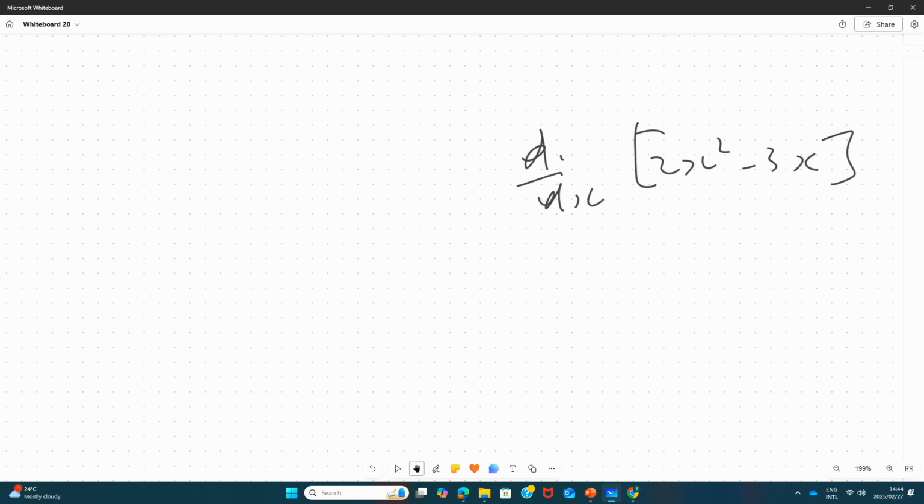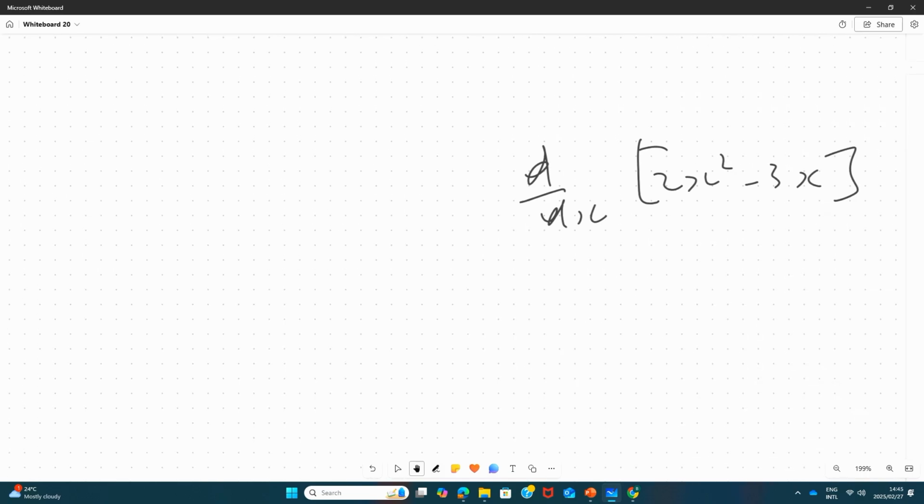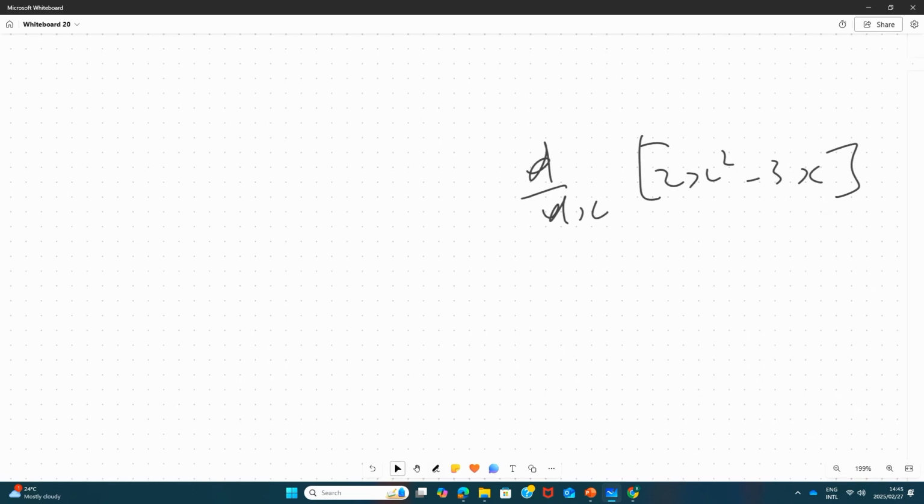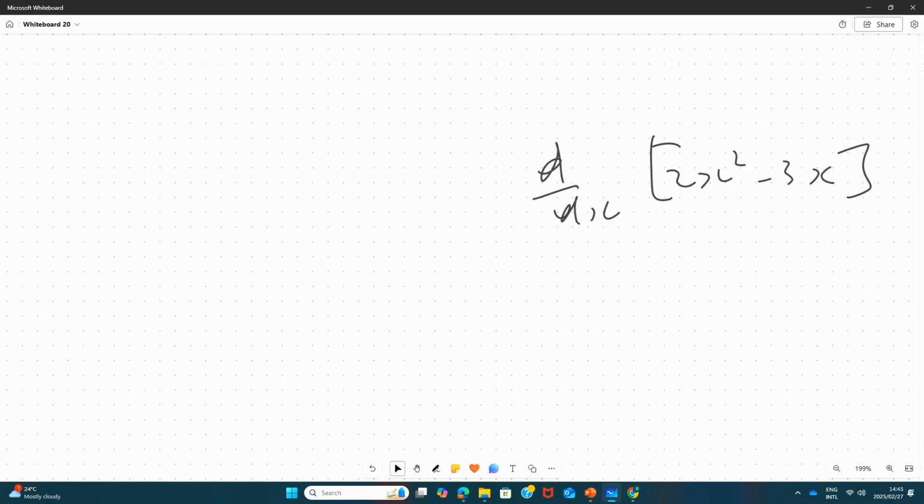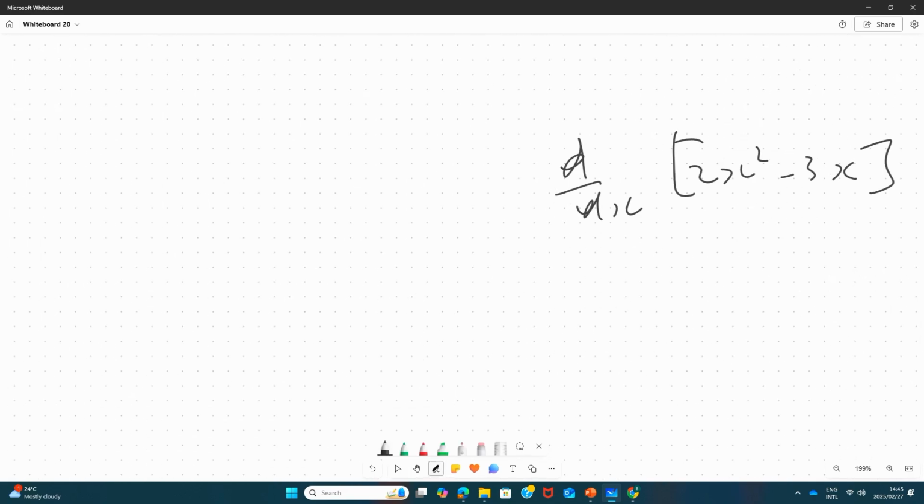It is suitable to be derived. So you can now start deriving because all the boxes you have ticked: there are no root signs, there are no brackets to be removed, and also your variable is not on the denominator. So you can start differentiating now. If you are starting to differentiate, you say